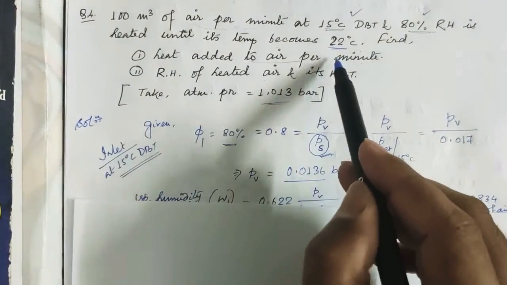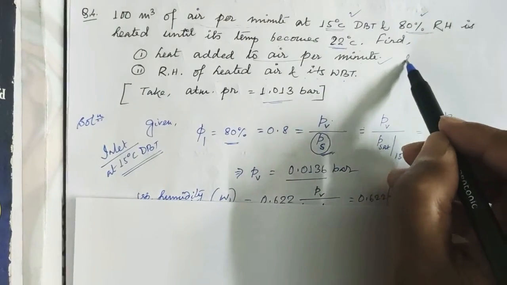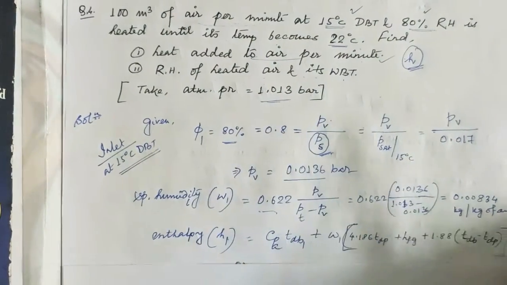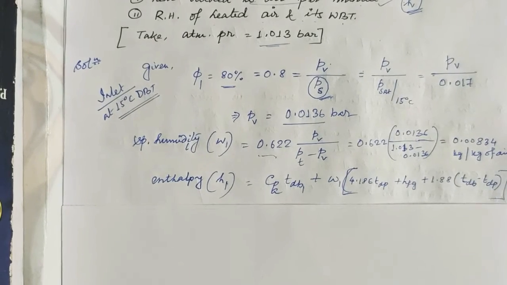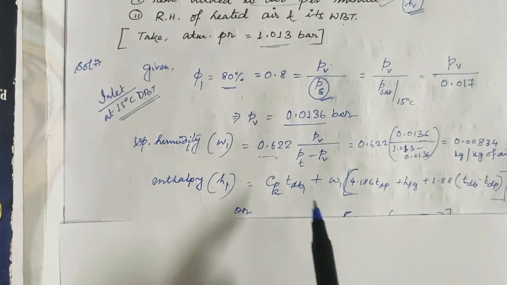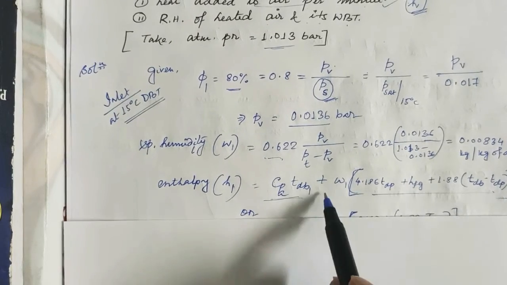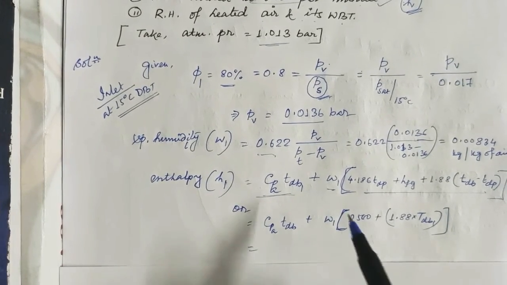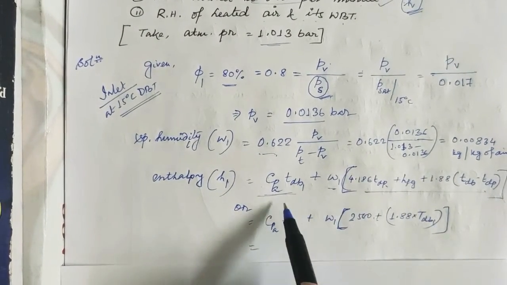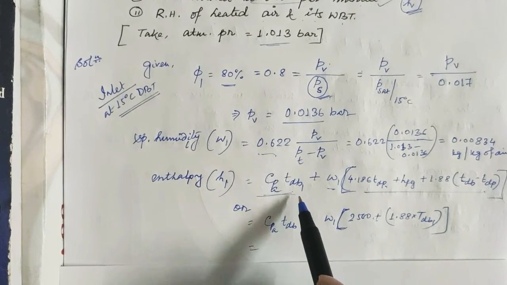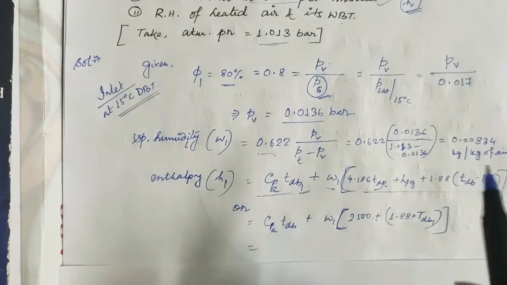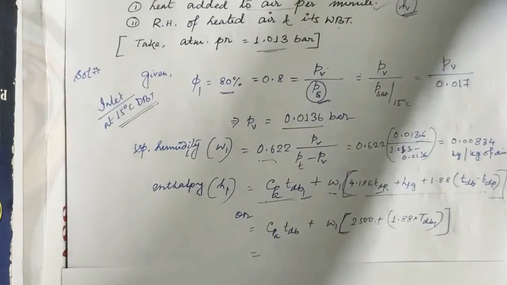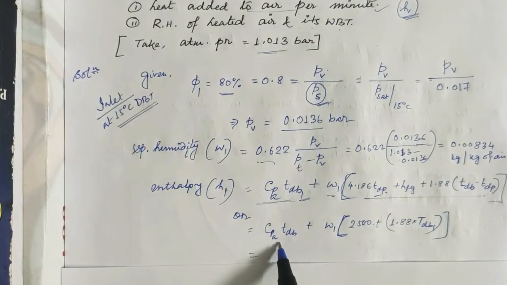We have to find out the heat added per minute. So for calculating heat added, you have to know the value of h at inlet and outlet. So at the inlet, what will be the enthalpy? The enthalpy can be found from this equation which I have used in the last problem: enthalpy of dry air plus enthalpy of water vapor associated with dry air. Now the same can also be calculated using this second equation. If we look at these two equations, one difference is there. In the first equation, two temperatures are given, one is dry bulb, another one is dew point. But for this particular problem, we know only the dry bulb temperature. We don't know the dew point.